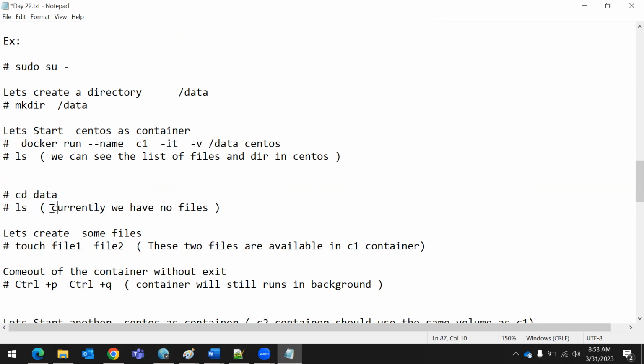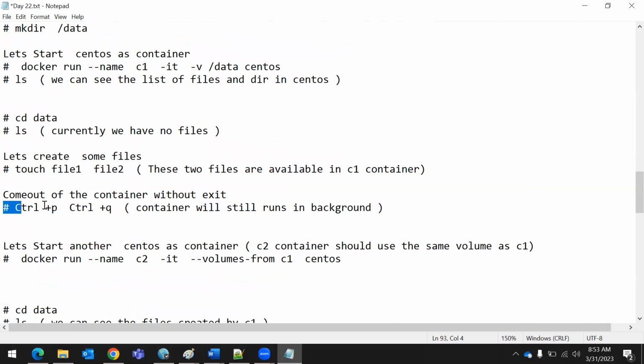If you want to provide some data, you can go inside the data and give the ls command. It will show that currently we don't have any files. If you want to create some files, you can create them by using touch file1 file2. Then to come out of the container,